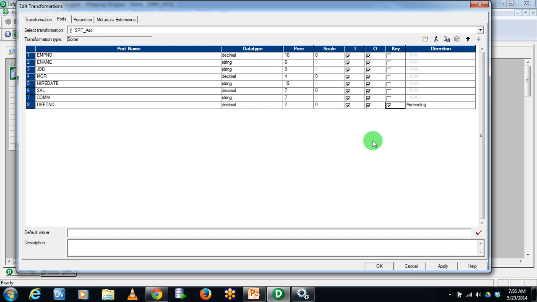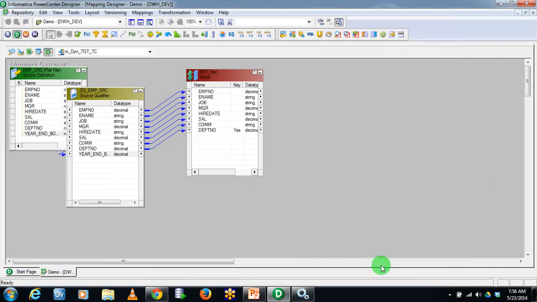Now, based on your requirement, let's say there are two things which you have to consider: your department number and employee number. Then you choose both the keys, leave both of them in the same order, either ascending or descending, based on your requirement again, and go ahead along with that. Okay, so let's click on apply here, and in the next step we would get the expression